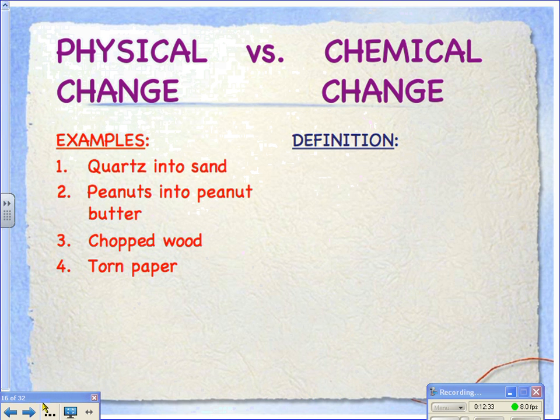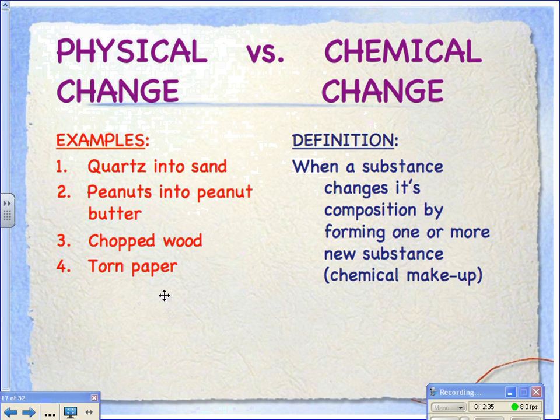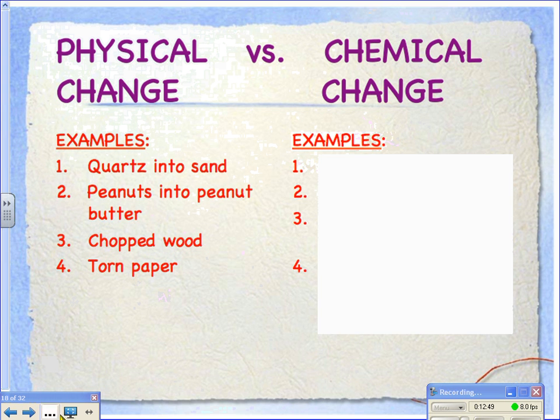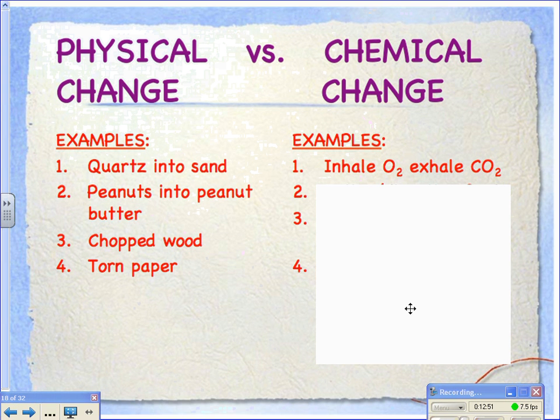Definition of a chemical change: when a substance changes its composition by forming one or more new substances, therefore we have a change in its chemical makeup. We've changed the molecule or the atoms that are involved in some way. Here are some examples. When we inhale oxygen gas, we exhale carbon dioxide. We have now had a chemical change. The oxygen has bonded with carbon, which is a waste material that we need to get out of our body